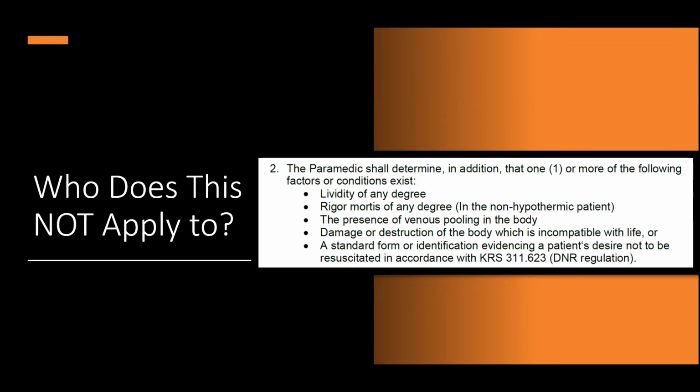This happens quite frequently. There was a case in the northern part of the United States where I think they went out on a hypothermic patient. They called the coroner. The person looked dead. They didn't do a thorough assessment. And other people get there and realize that the patient's breathing, however, very slowly. We do not want that to happen. So when you're calling the coroner, when you're saying that someone has obvious signs of death, be very darn sure that they are dead.